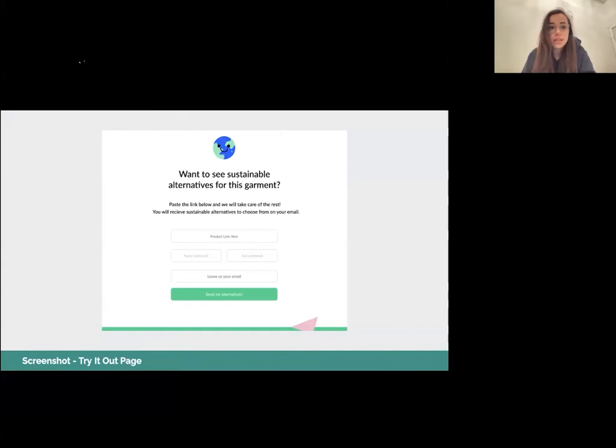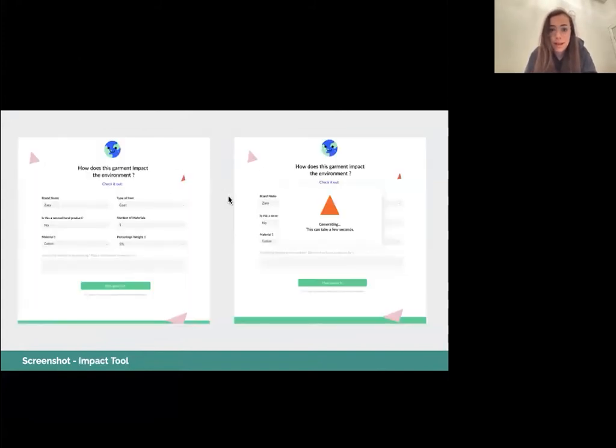And while we finished the MVP for this recommendation tool last semester, we started off this semester by migrating the backend for this tool from Node.js to Python Flask. Once we finished the migration, we began working on the Impact Tools backend, which takes all of these fields from the front end and passes it to our scoring algorithm that uses data